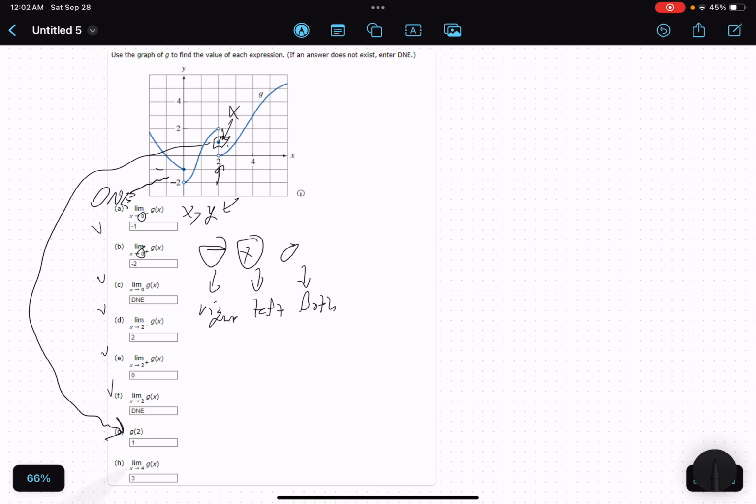And then for h, it's asking as it approaches 4. So if you look at 4 over here, it's asking for both sides. So 4, this is where your x and y is. And it's asking from this side and from this side. And at this point, there doesn't seem to be any holes or anything, no gaps. So the answer would be